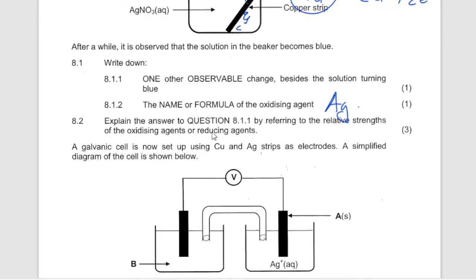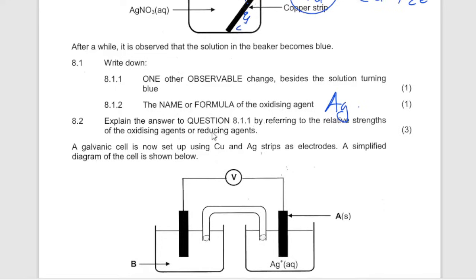Why? Because copper is more reactive, so it easily gives out the electrons, and then silver is able to pick up those electrons which have been released by copper. Hence, silver becomes an oxidizing agent. It causes copper to be oxidized. That's why it's called an oxidizing agent. The galvanic